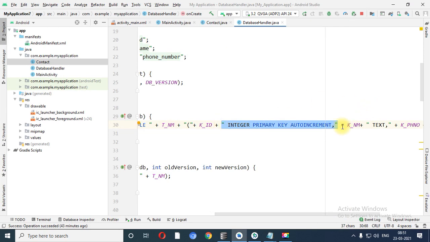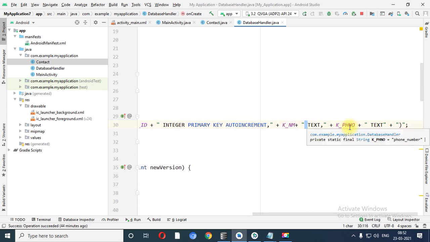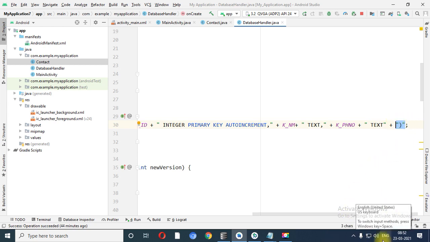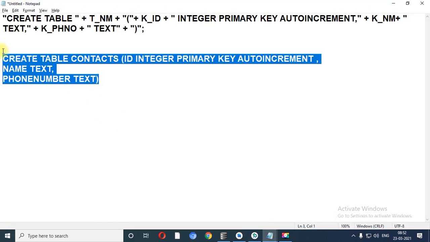Now again what we need to do, we need to concat the second column, that is key nm, again there is one space before the text data type, key phone number, again there is a space between phone number and text, and at last our query is completed with the double quotation and bracket. So this bracket is completed over here.